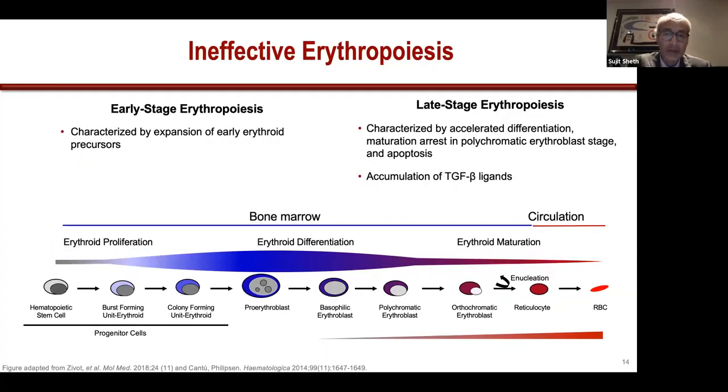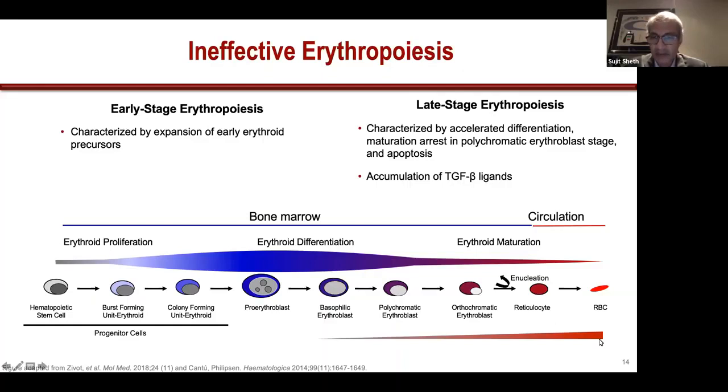When erythropoiesis is ineffective, essentially what's happening is down here, the basophilic erythroblast is not able to start forming hemoglobin because you can't make adequate amounts of one or the other globin. And so that's where you have a maturational arrest, and differentiation does not progress, maturation doesn't happen, and that leads to accelerated apoptosis in the bone marrow itself, and an accumulation of these TGF-beta superfamily of ligands, which again, we'll talk about later on. So the pattern looks very different when you have ineffective erythropoiesis in thalassemia.